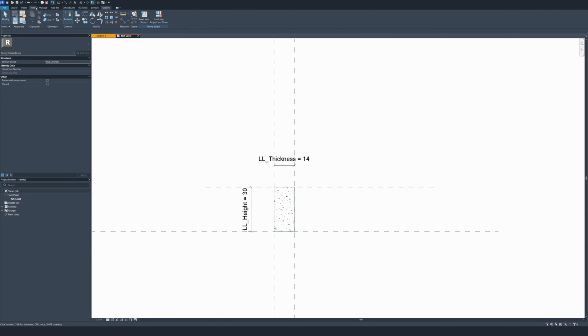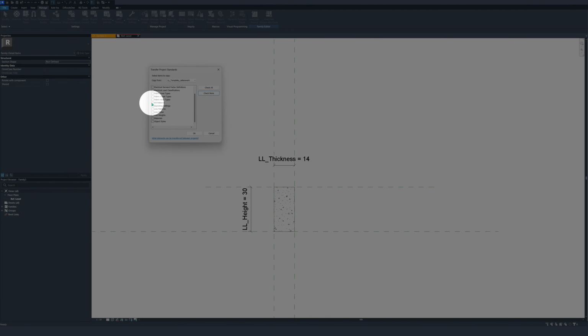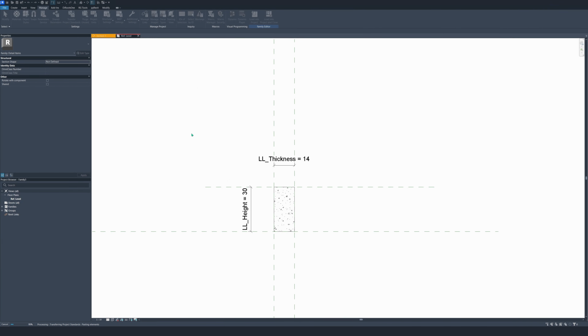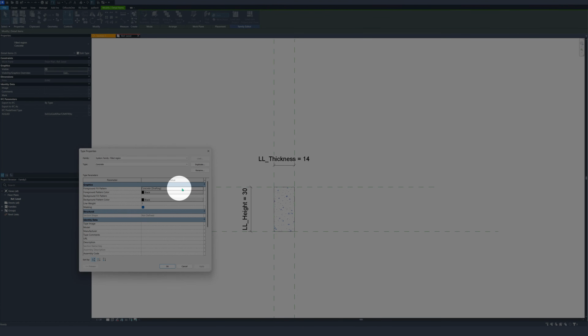So we go to the Manage tab. We go to Transfer Project Standards. Then we're gonna do Check None, and we will look for right here Fill Patterns. You check the box, click OK, and Override, and boom, that's all you need to do. And now we're gonna look again in the type. Here we have our